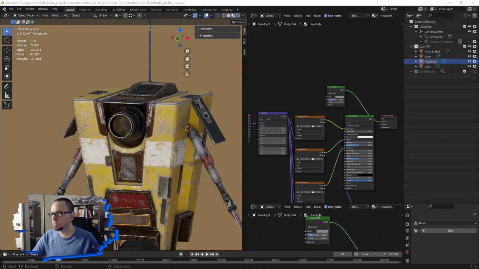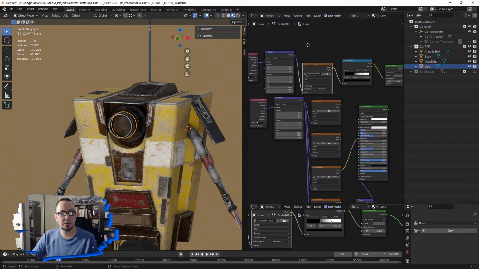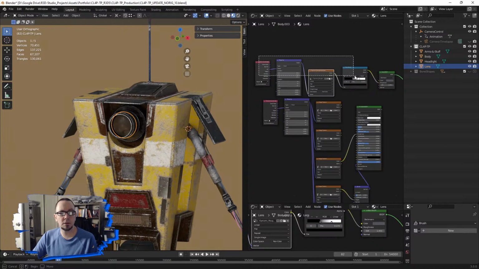Cool. Let's mess with this guy a little bit. I only have about 30 minutes or so, but we can get a little bit of work done. What was I doing? Oh, yesterday I said I was going to make a dirt or scratch roughness map for the lens, and I did do that, and I just plugged these into the